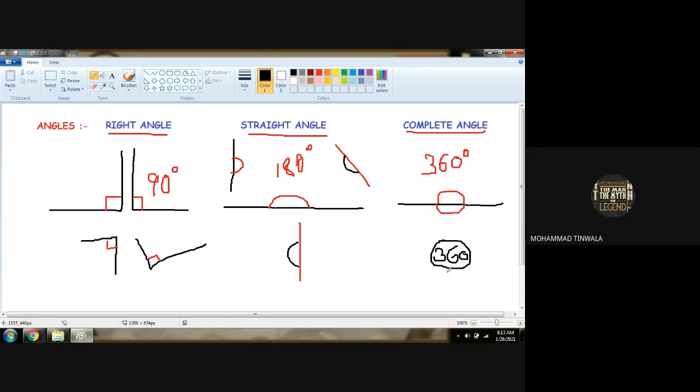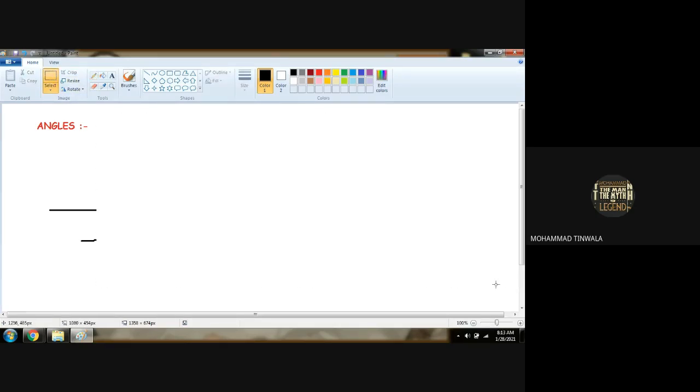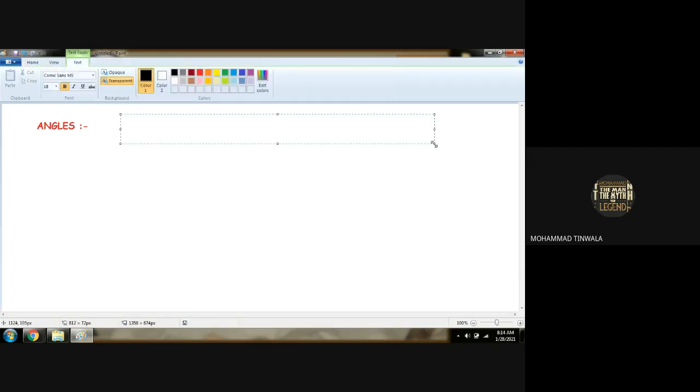No, sir. Okay. Now forget about these three angles. I will be reconfirming these three angles ahead, but before that we will study angles and revolution. What do you mean by the word revolution? One revolution stands for what? One revolution means one whole circle, which stands for 360 degree.